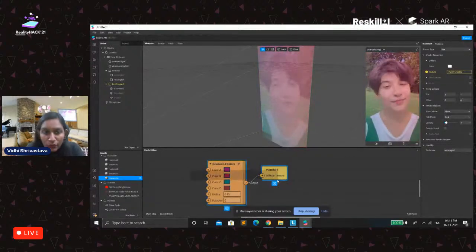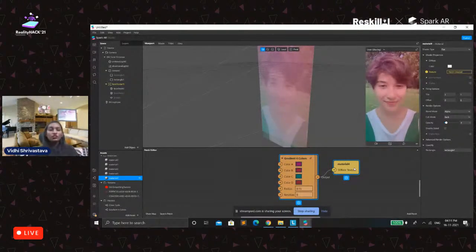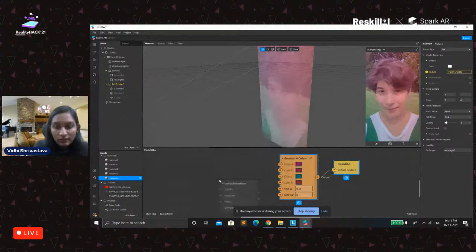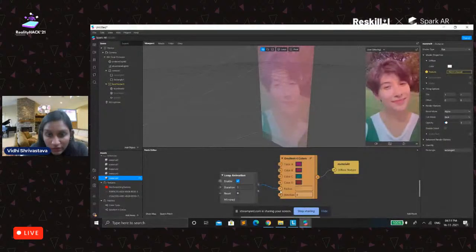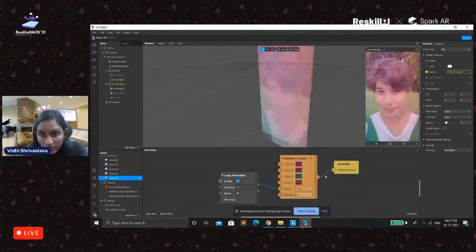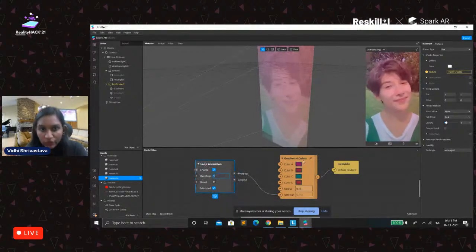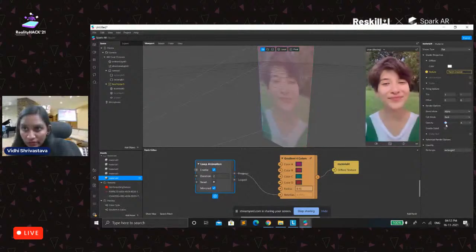And if you want these colors to get animated, then we have a loop animation. Just click on it, and for example I want the color. Oh sorry, I want this radius to get, or let's rotate its axis in a mirrored way with a duration of 2 seconds. So see how it goes.